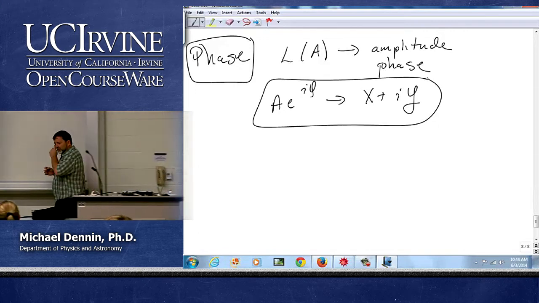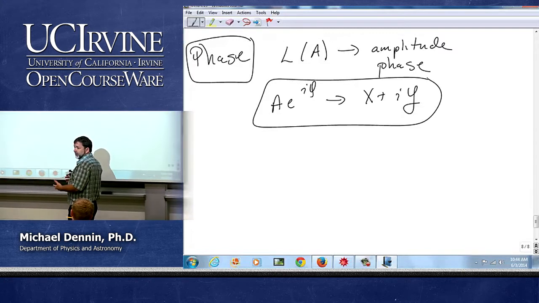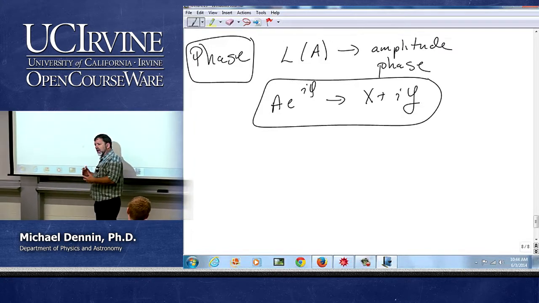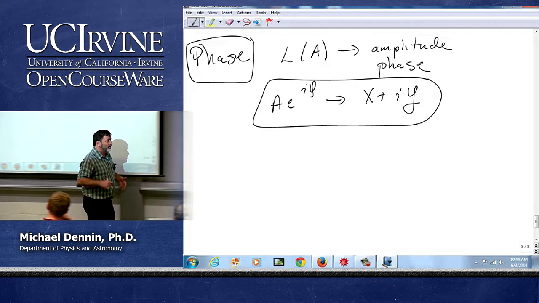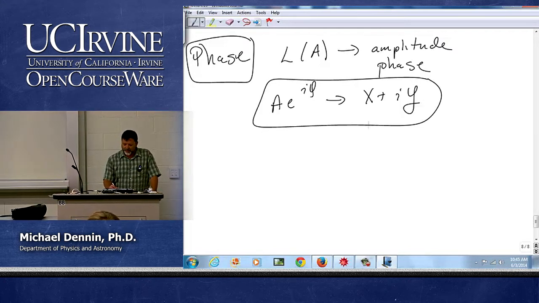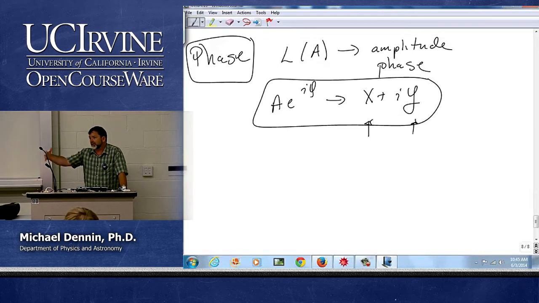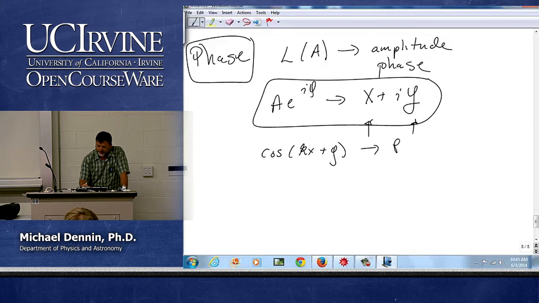And this is one place where we're thinking of phase kind of as a mathematical trick, in a sense. It's allowing us to do the math easier. We're using the fact also, if you recall, that the linear operator acts independently on the real and imaginary part, because of L of A plus B equals L of A plus L of B. And so we can do things like take a cosine and write it as the real part